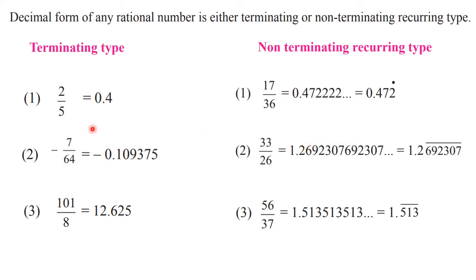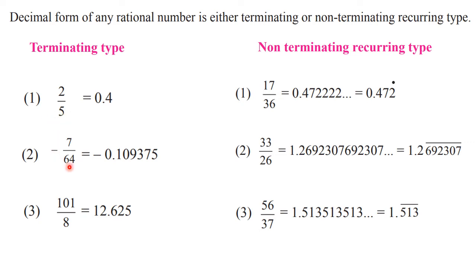Then if you recall, I told you that without dividing also, simply by observing the denominator we can understand whether the division is a terminating one or a non-terminating recurring one. How to identify that? Here we have to factorize the denominator. So 5 we can write as 5 into 1, but we do not consider 1. We have to think only of prime factors. So here 5 is the only prime factor.